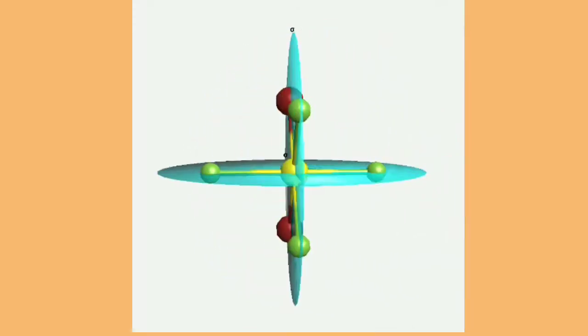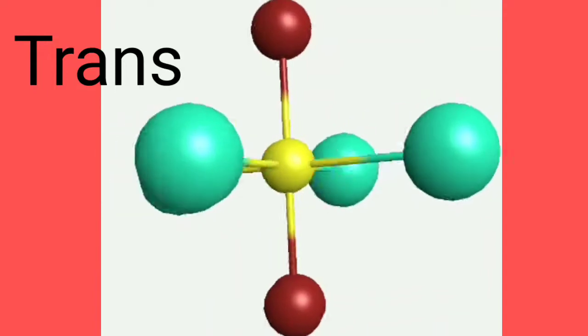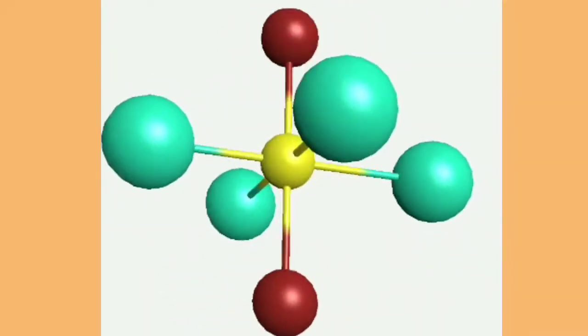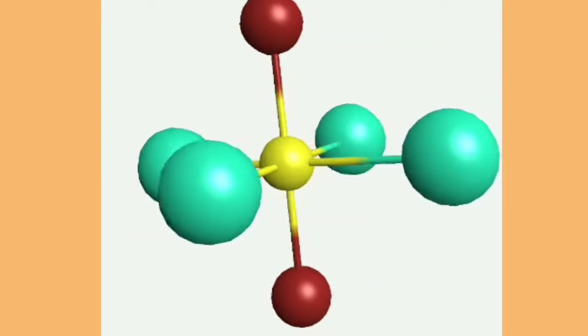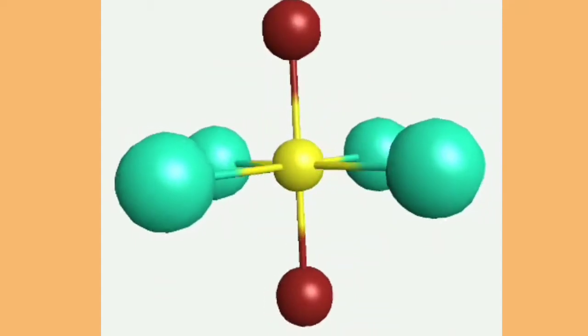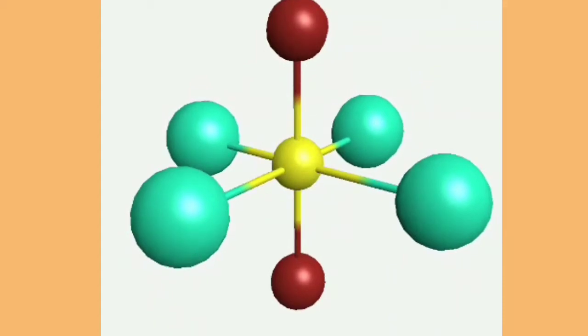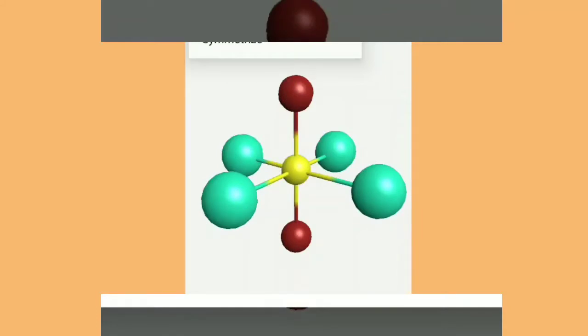This is the first plane, both B are getting intersected, and now this is the trans form of Ma4B2. The trans form of Ma4B2 is more symmetrical. It will have many symmetry elements, and it shows geometrical isomerism with cis, because in cis the angle between both B is 90, and in trans the angle between both B is 180. So this is the trans isomer, and we will check optical isomerism also.